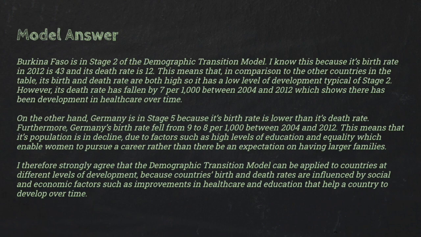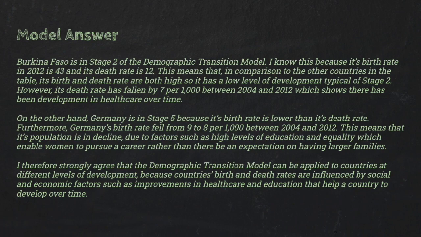Burkina Faso is in stage 2 of the demographic transition model. I know this because its birth rate in 2012 is 43 and its death rate is 12. This means that, in comparison to the other countries in the table, its birth and death rate are both high, so it has a low level of development typical of stage 2. However, its death rate has fallen by 7 per thousand between 2004 and 2012, which shows there has been development